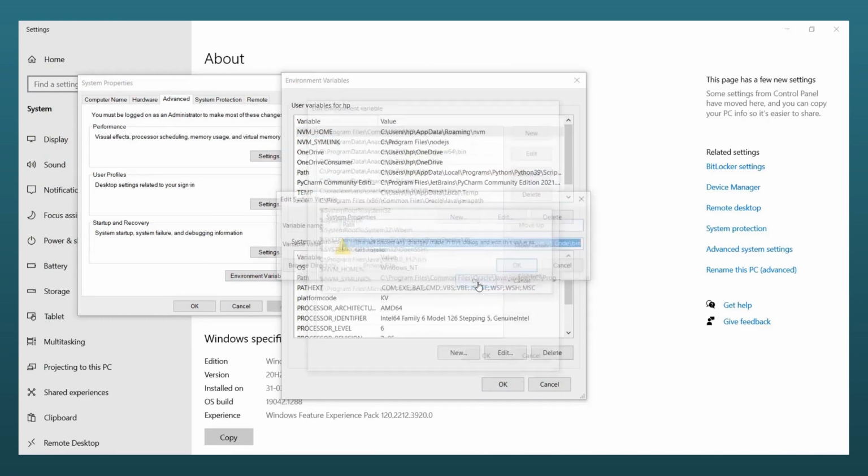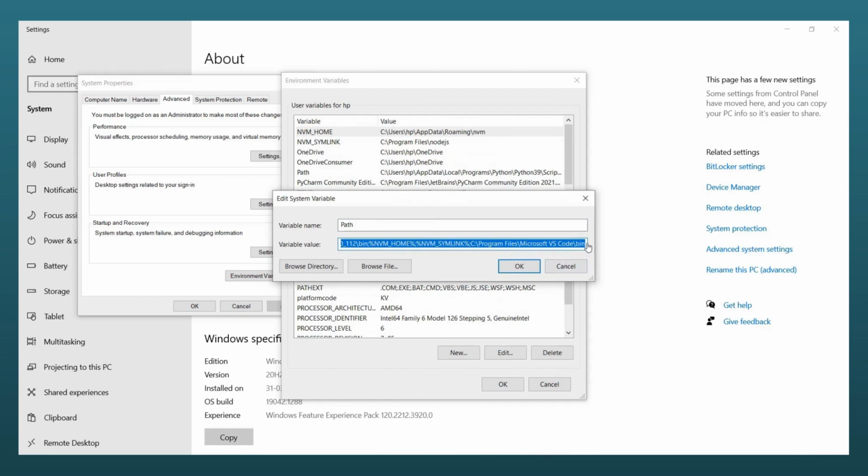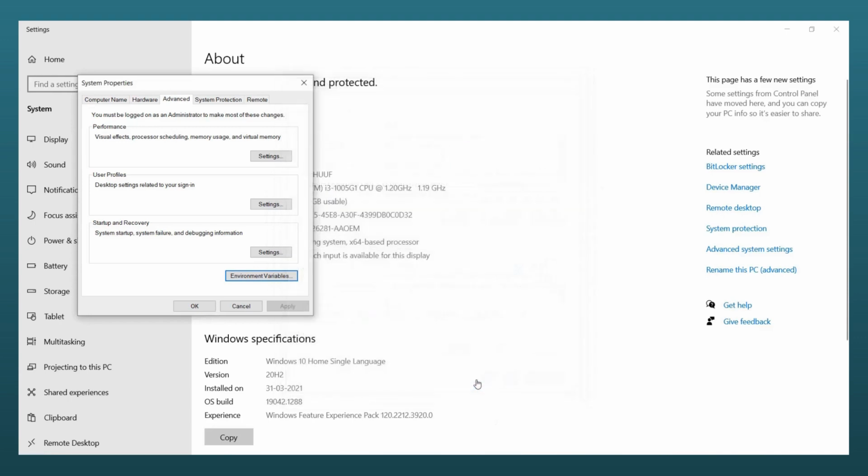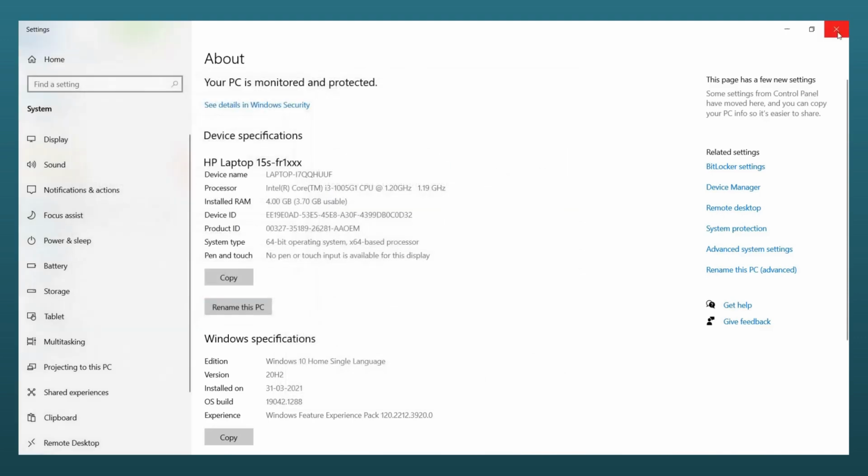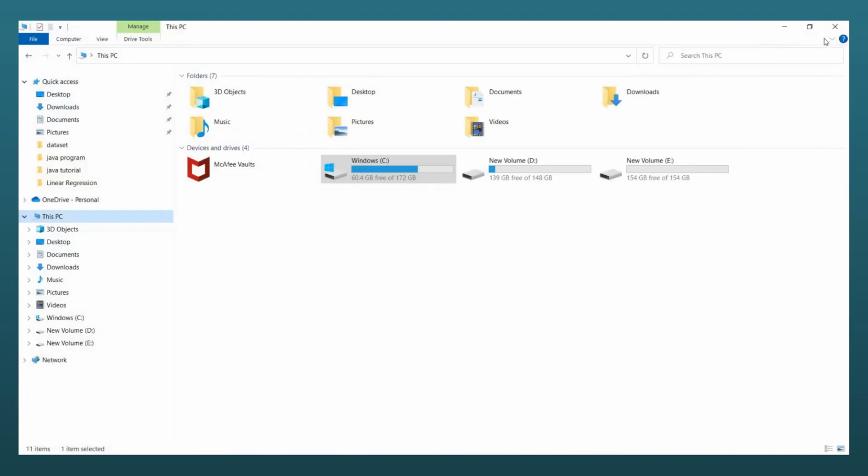In the Path option, whatever path is already specified in the system path, I put a semicolon and pasted whatever path I copied. Now I will click the OK button, then OK, then OK. Now my step number 2 is complete, so my installation process is complete.